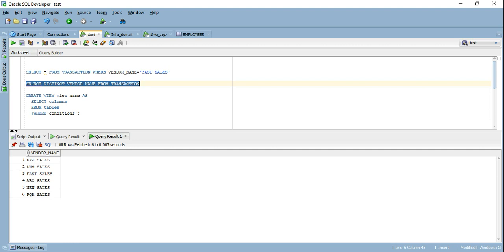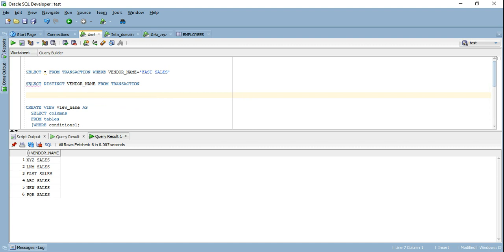In that case, what we can do is create a view. The first important reason why we are creating a view is security. We don't want to give unauthorized access to data to anyone who is not authorized to access it. So the first thing that came out of this is security. And I'll give you another example of security and the other things that we are going to discuss.